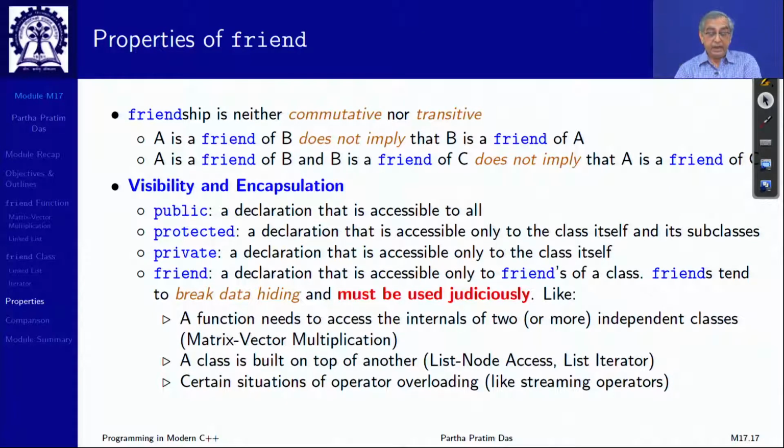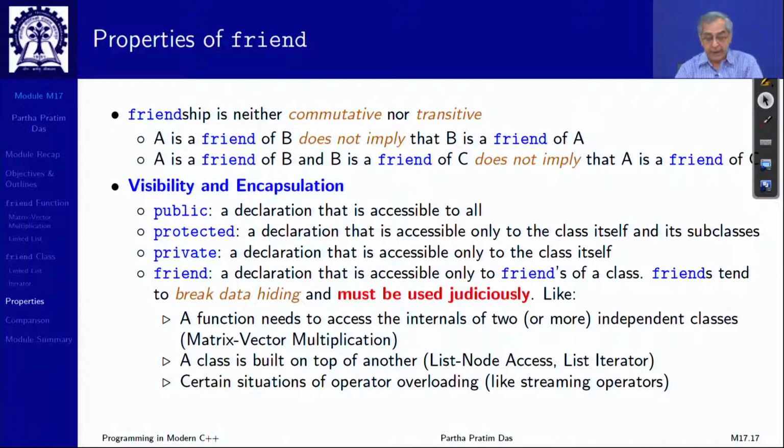In terms of visibility and encapsulation, as you can see, public is visible to everyone, protected, as we will see subsequently, is visible to the class as well as to its subclasses, private is visible to only the class itself, and friend, anything which is a friend, will have the visibility like the private. Right. But it can be an external function or a global function or a member function or a template or any class or a class template. So, the friend will break the encapsulation, it will break the data hiding property, and therefore, it must be used